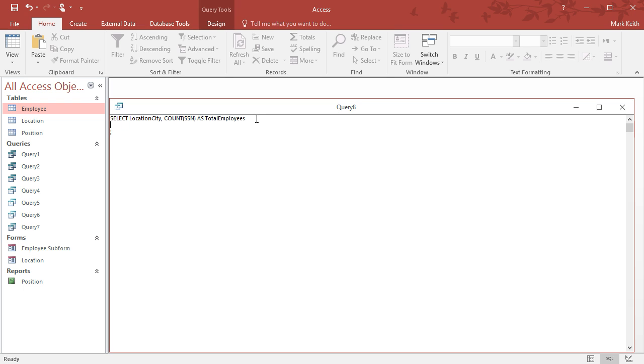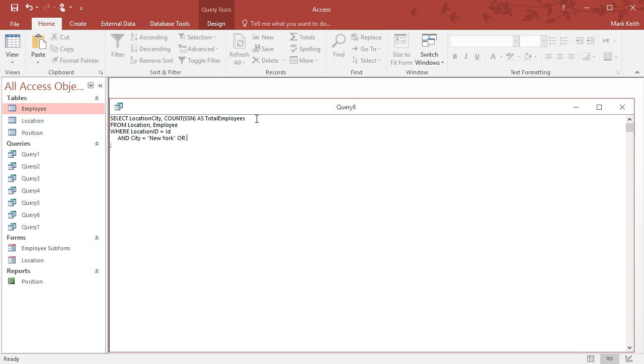Whoops, not where. From location, employee, where. Let's get in the habit of doing your join first. Whenever you're at that where clause, get the join out of the way. So in the employee table, it's location ID equals ID from the location table. And we have another criteria. City equals New York,